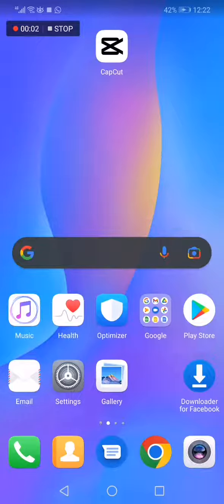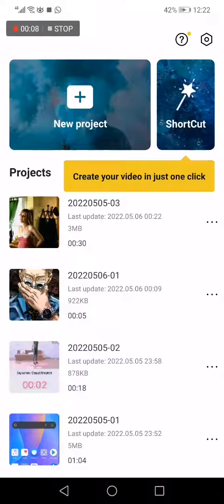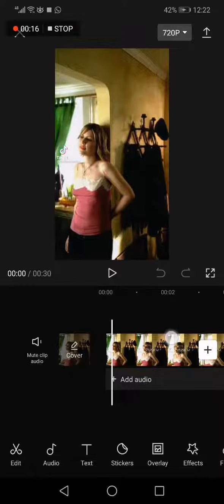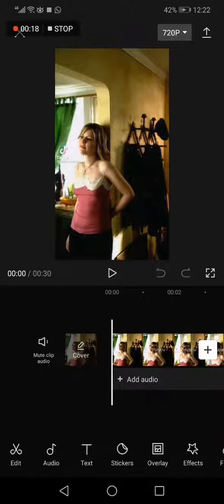How to export and save a video on CapCut app. Hello guys, so first thing you have to do, go to CapCut. As you can see, this is the home page. Now I'm gonna choose a video. For example, let's say that you just finished editing this video and you want to export it and save it